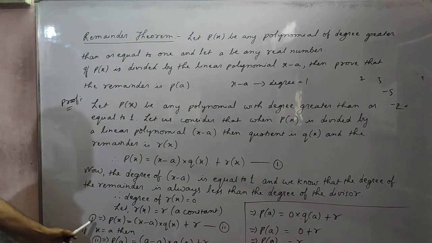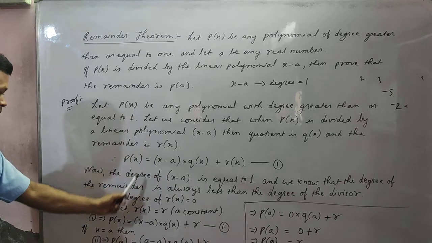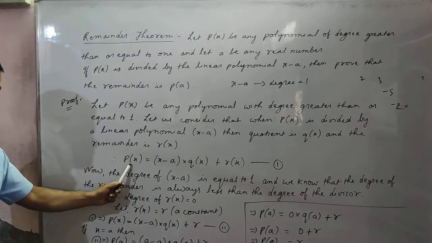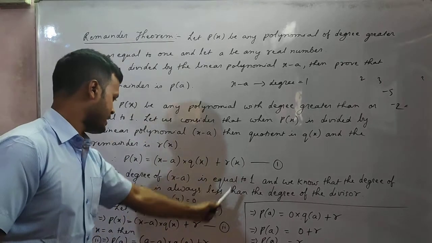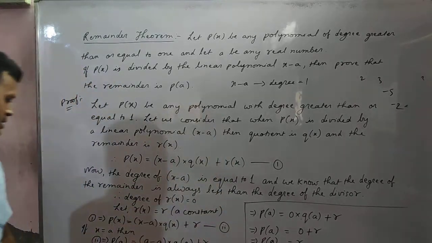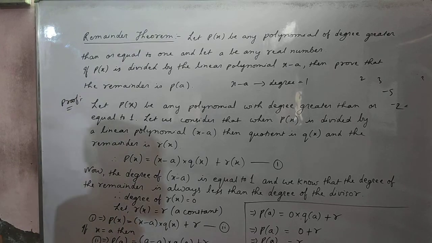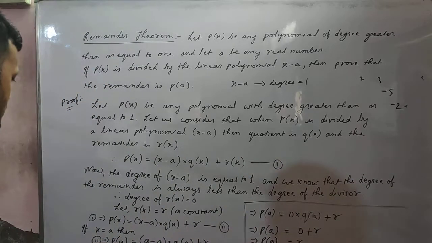Now this equation, we are taking px. This is equation 1, the one we have marked 1. So px is equal to x minus a into qx, and in place of Rx we are putting this constant R. Now if x is equal to a, students,